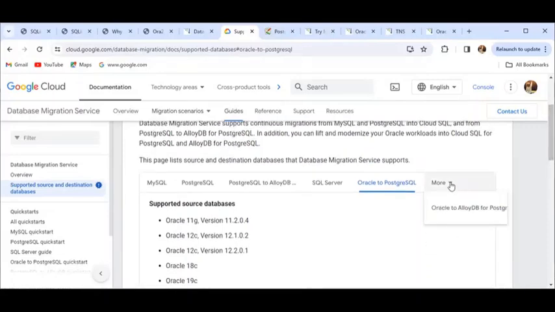LIDB. LIDB is nothing but a flavor of PostgreSQL. I don't know if we have time the day after tomorrow, but if we do, we will spend maybe 10 minutes discussing LIDB. What is LIDB? We can say it is the next PostgreSQL flavor, or maybe the future of the PostgreSQL flavor from Google,